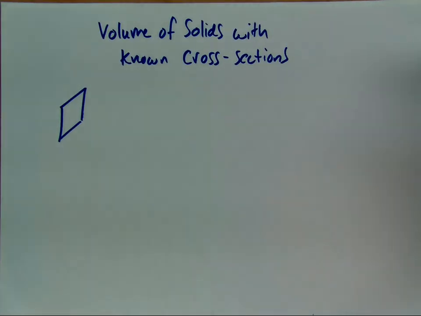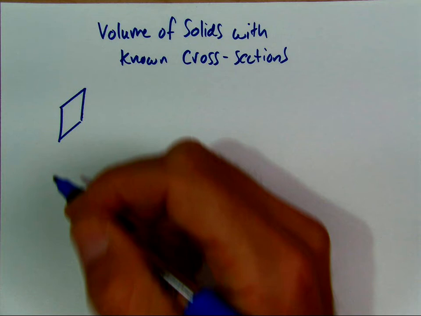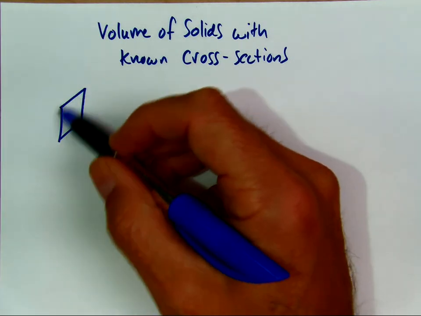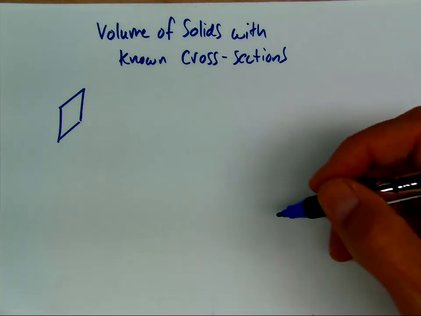So we'll talk about one more way of finding the volume of solids, and this is when we know what the cross sections are. And I guess we've always known what cross sections are, but they've just been discs or washers. So here we're going to look at different shapes, many different shapes in addition to the circles and washers. So if we have a sheet of paper,